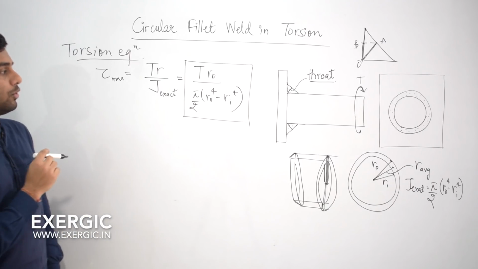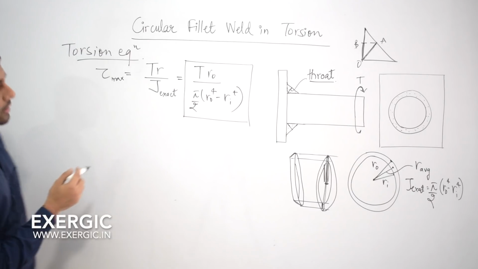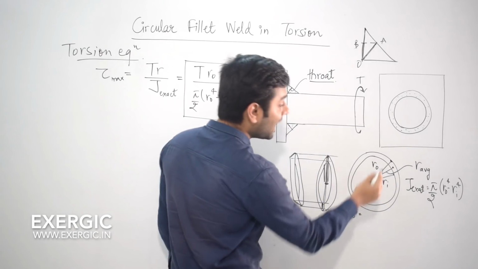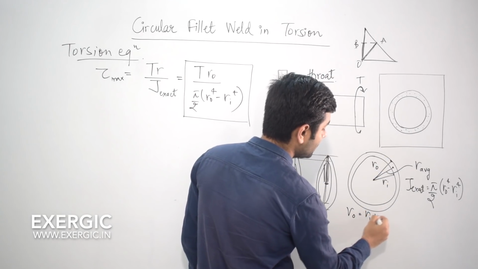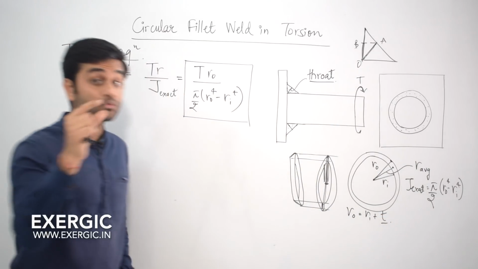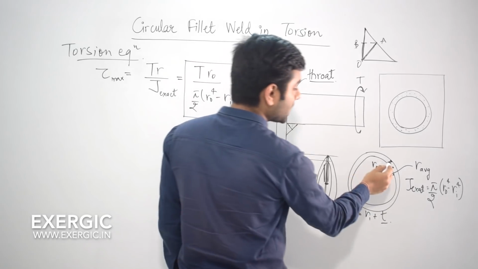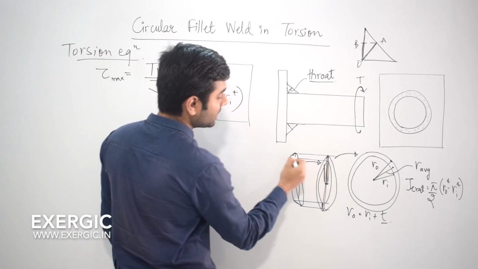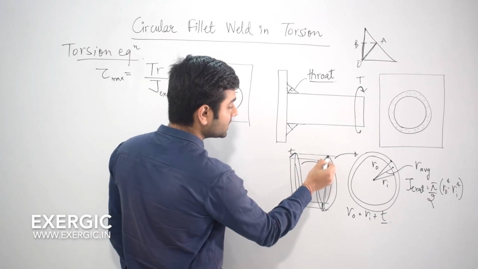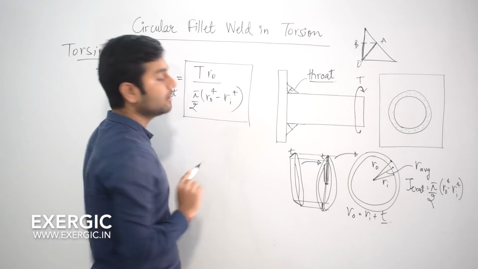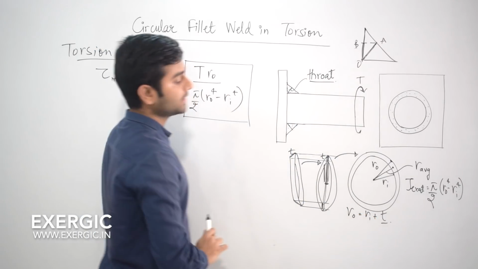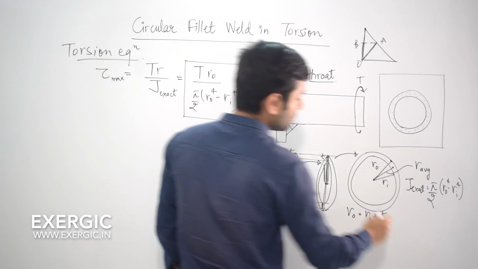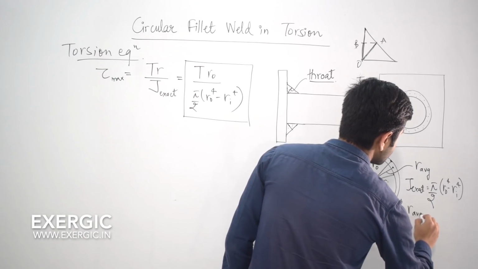There is a little bit more information that you can learn from here, that RO actually is equal to RI plus T. Correct? RI plus T, where T is the thickness of throat section. Always remember that this diagram has been concluded from this, and this is coming from this, where this is T, and we assume this length also to be equal to T, as I explained here. Okay, so T is the throat thickness. So RO is equal to RI plus T, and you can also learn from here that R average is actually lying midway of RI and RO,